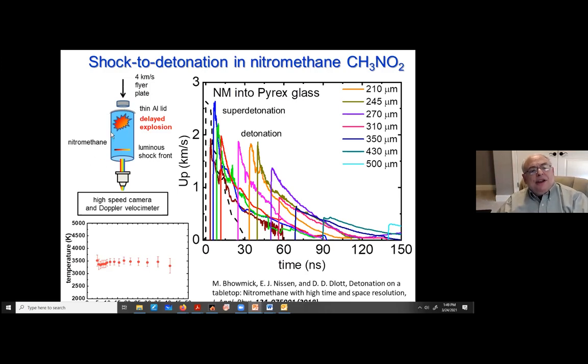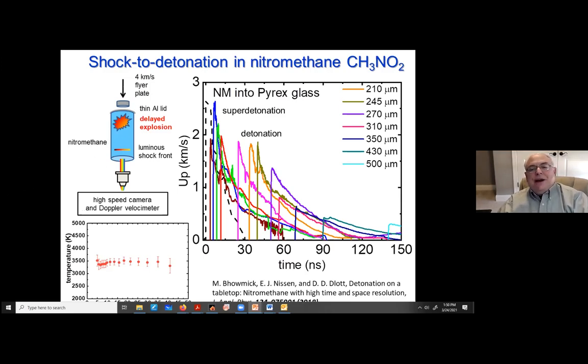Then what happens is you get this explosion. And this explosion produces a big explosion here, which is the super, and this explosion here is where the super detonation occurs. It's where these two guys merge. And then what it does is it decays. And in this region here, particularly these three here, magenta, orange, and olive green, the waveform's the same, and that's the detonation. And then it goes away because the sample's so small.